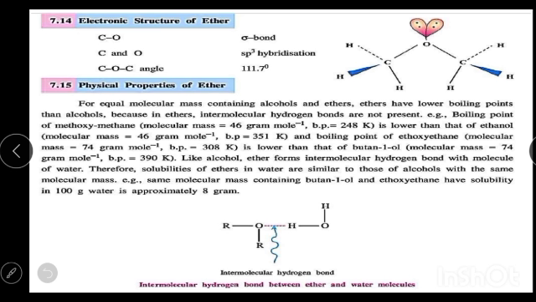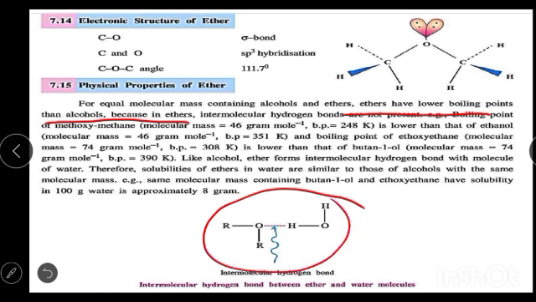For alcohols and ethers of equal molecular mass, ethers have a lower boiling point compared to alcohols because ethers do not have intermolecular hydrogen bonding. But alcohol has intermolecular hydrogen bonding, so it has a high boiling point. In order to break this bond, we need to supply more energy. And the structure of our functional group we have discussed already. Then this is about ethers,